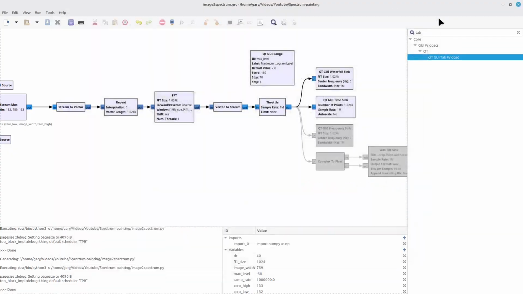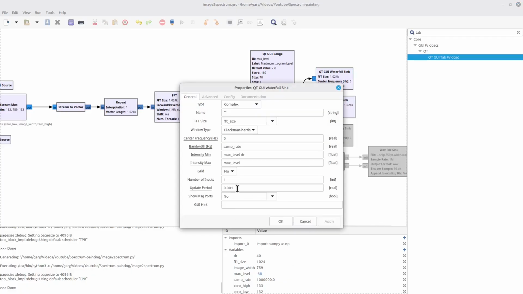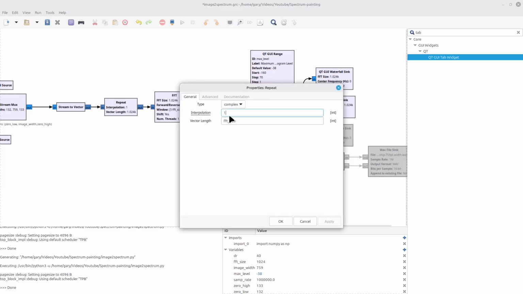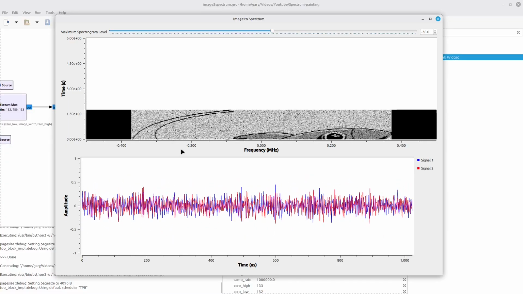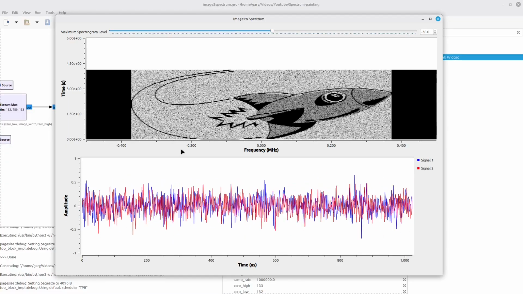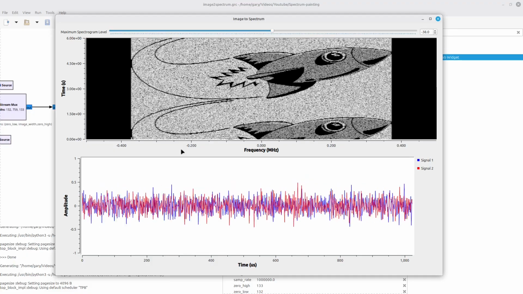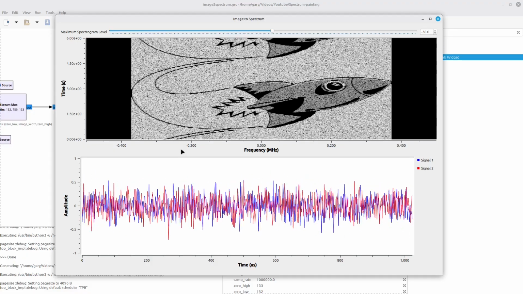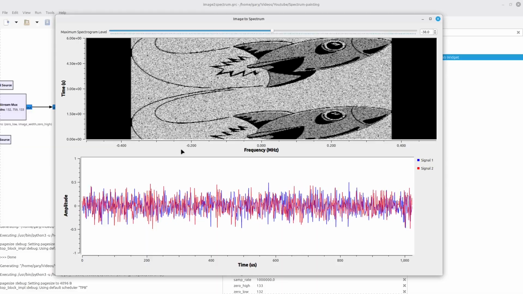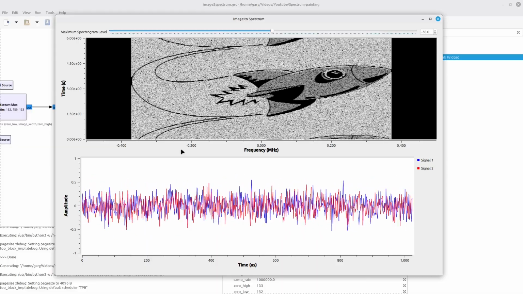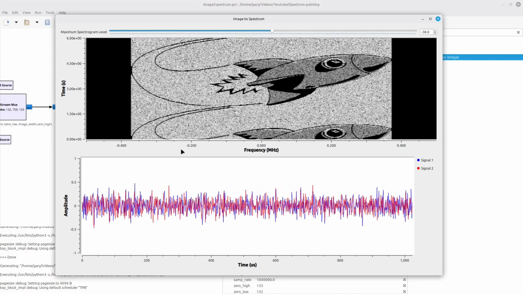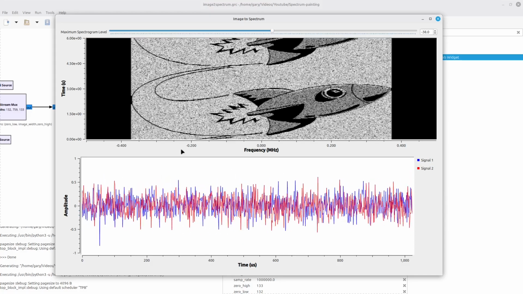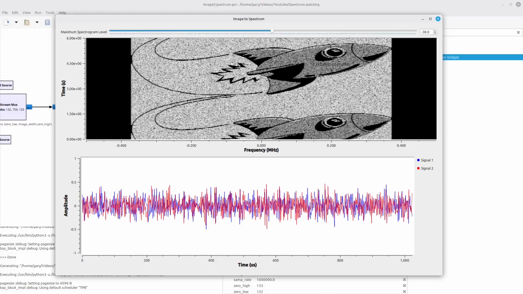The other option, if that was not an option, if I said maybe that's not something I have real control over, I could come over here and increase the amount of interpolation. That will do the same thing. All you're doing is repeating the same lines. Each line gets repeated over and over again, and it slows down the amount of time that each line has to draw. So essentially it slows down the update rate, which then matches what you have for your spectrogram.